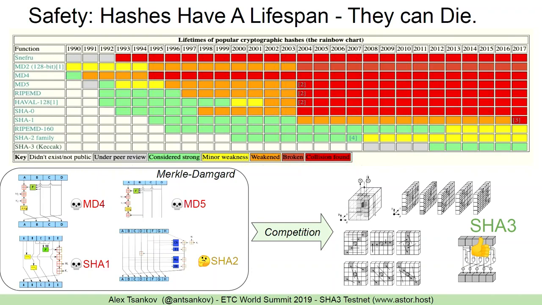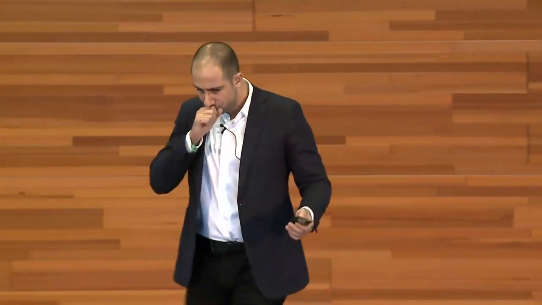And basically what happens is they start and they work for a period of time, and then an academic will come out with a paper saying that there's a theoretical attack that can be committed against it. They'll still work for a little bit. People will say, okay, maybe we should start using something else. Then that theoretical attack will be implemented, but it won't be computationally efficient. And then finally, they will eventually prove the attack, which will be a hashing collision, which is when two pieces of separate input produce the same hashing output. And when that hashing collision occurs, at that point, the hashing algorithm is considered dead.